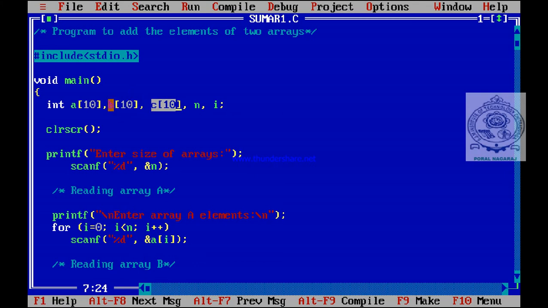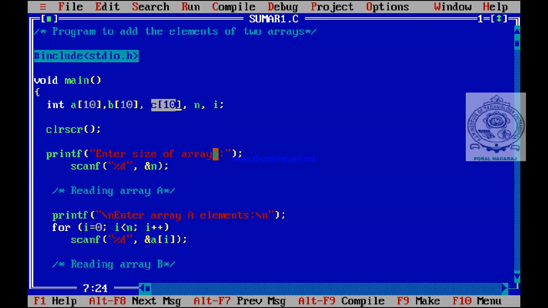And once both arrays have the values, then you can add the respective elements, and the sum of the respective elements of A and B can be stored at the respective position of array C. This is the concept.